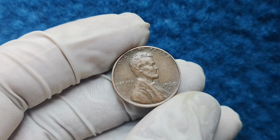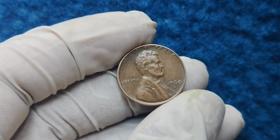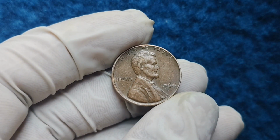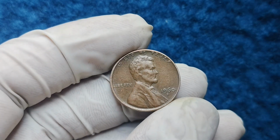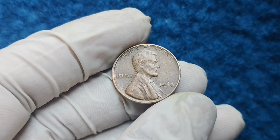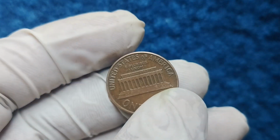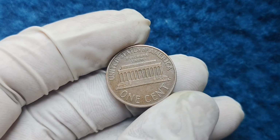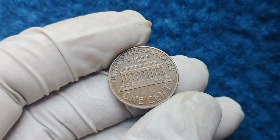Alright, quick story time. A while back, I was at my grandpa's house helping him clean out his garage. He had this old, dusty jar full of pennies, like hundreds of them. So, being the coin nerd that I am, I start sifting through, and boom, I find a 1960 penny. My heart basically stopped. I grabbed a magnifying glass, stared at it for a solid 5 minutes, convinced I had